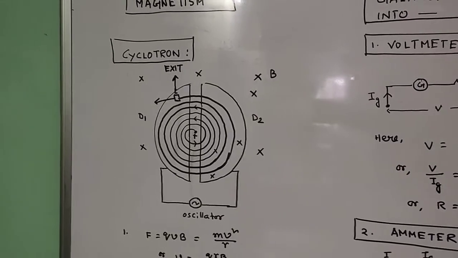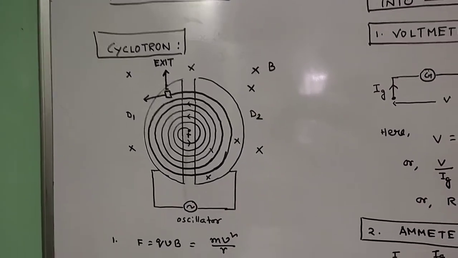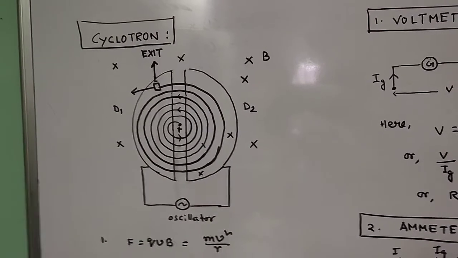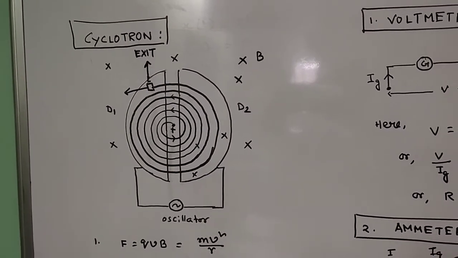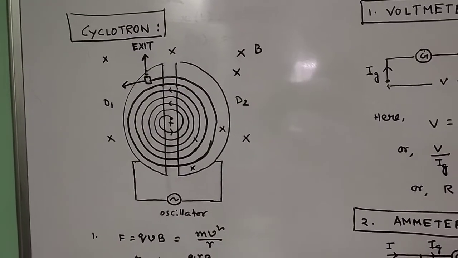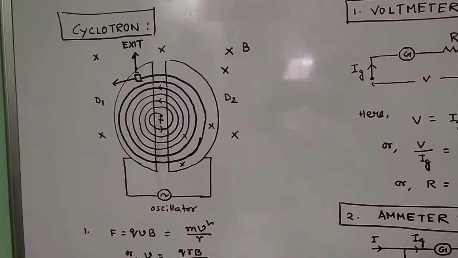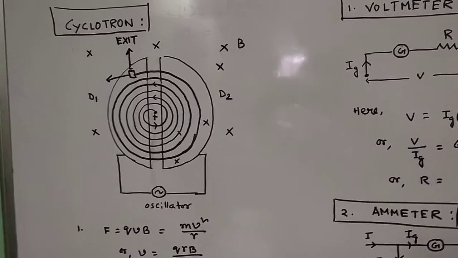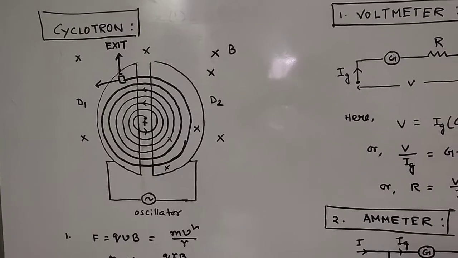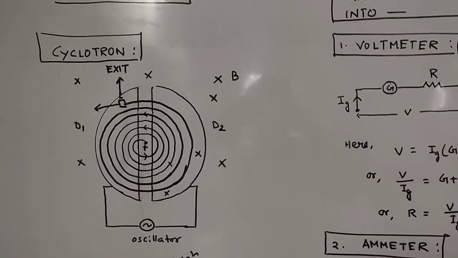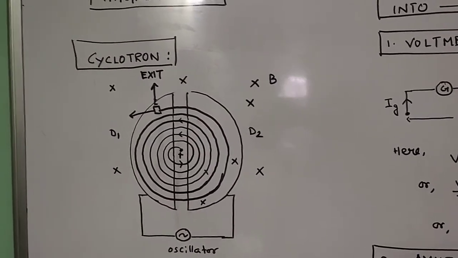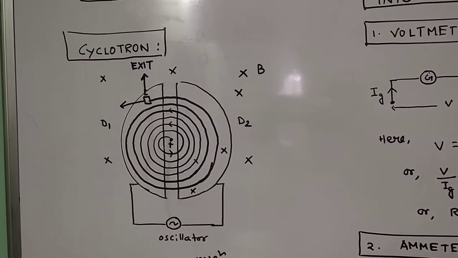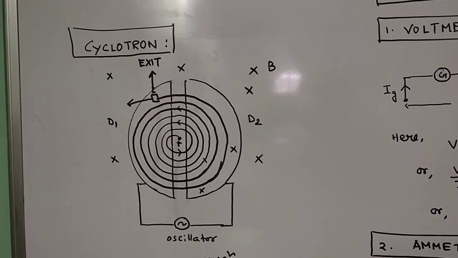Now this is all about the cyclotron, and there is a limitation of the cyclotron. You are not supposed to take an electron. Always you have to take a positive charge between the two Ds. Why can't you take an electron? Because electron mass is very small. Now when it moves with high energy, what will happen? A mass defect will arise, because its speed is very close to the speed of light. That's why mass defect arises, and that's why you are not supposed to take an electron.